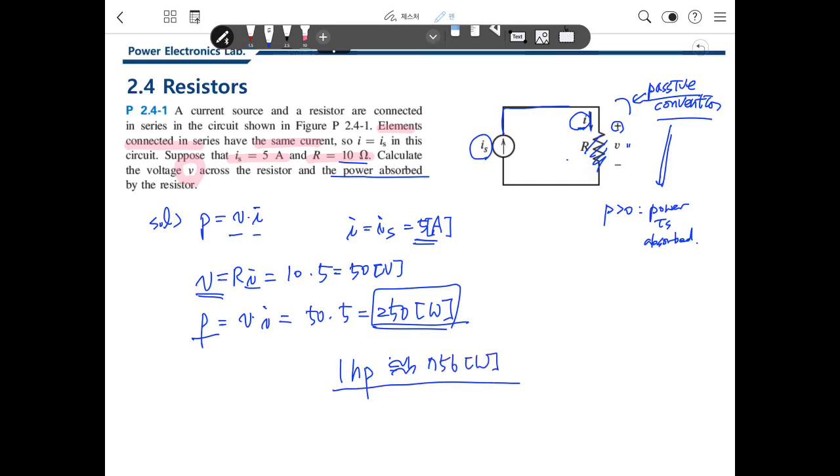That means the power generated by one horse is 756 watt. That means 250 is quite huge power. Anyway,